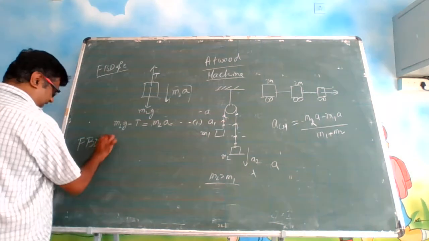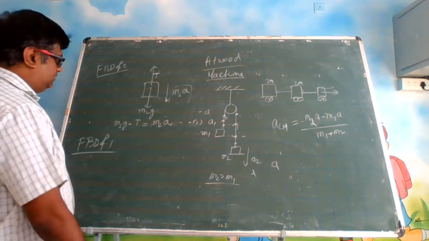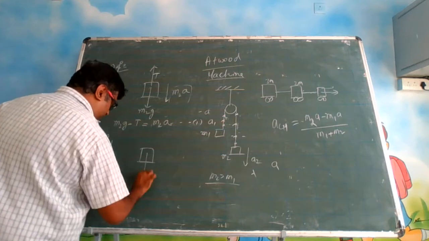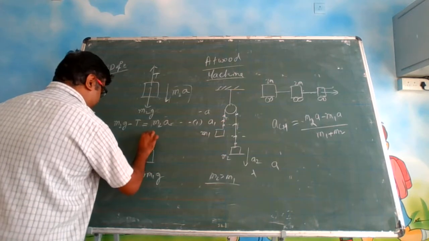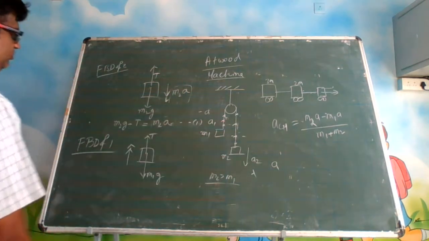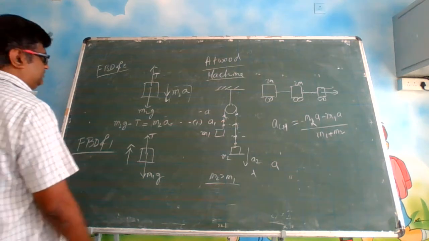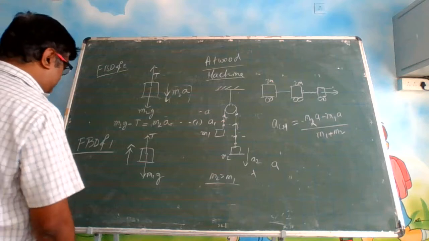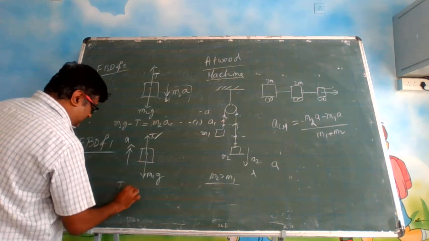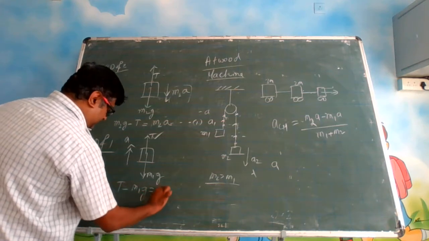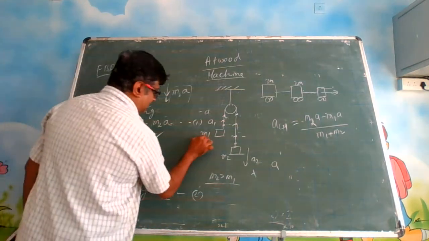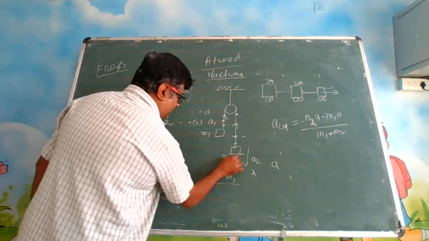Now draw the free body diagram of 1. Here weight is acting downward, tension acting upward, but this system is going upward. Put a double arrow so that there is some identification. So this acceleration is going upward. So this force must be more. So it will be T minus M1G is equal to M1A. Why did I put M1A? Because the force is acted upon M1 mass. Here the force is acting upon M2 mass.